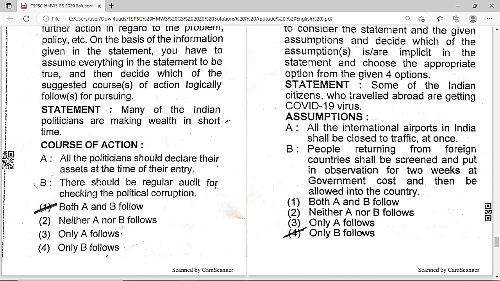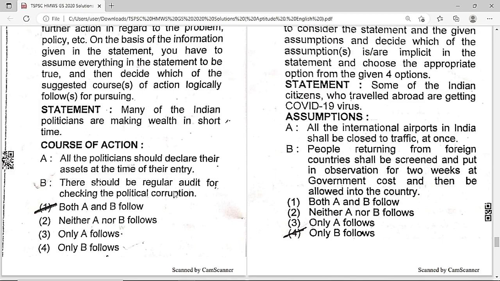So if these two course of actions are happening in a logical manner, then definitely we can control the Indian politicians to become rich in a very short span of time in a wrong manner. See, if they are becoming very rich in a short span of time, it is a wrong way. By corruption only they are making these things. So if you want to overcome this one, then definitely